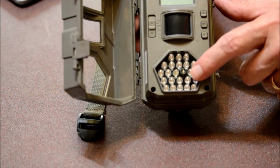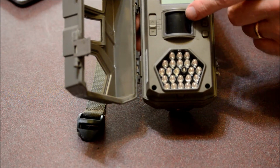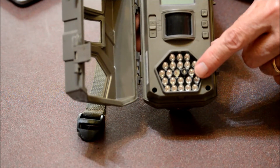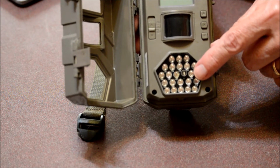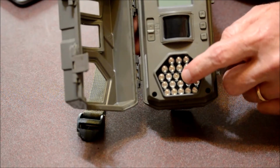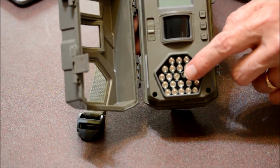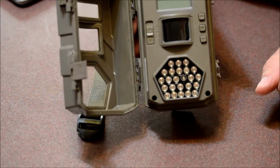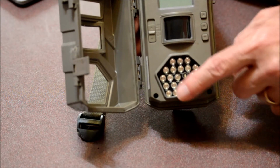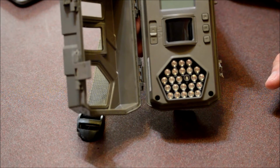So at nighttime, when this thing right here senses movement, it will turn these lights on, and they're not lights that you can necessarily see with your eyes. They're a different type of light, but there is a red thing in here that whenever this thing comes on, you can see a little red dot. So that's your motion sensor. These are your lights. This is just a little screen to read out to show you,